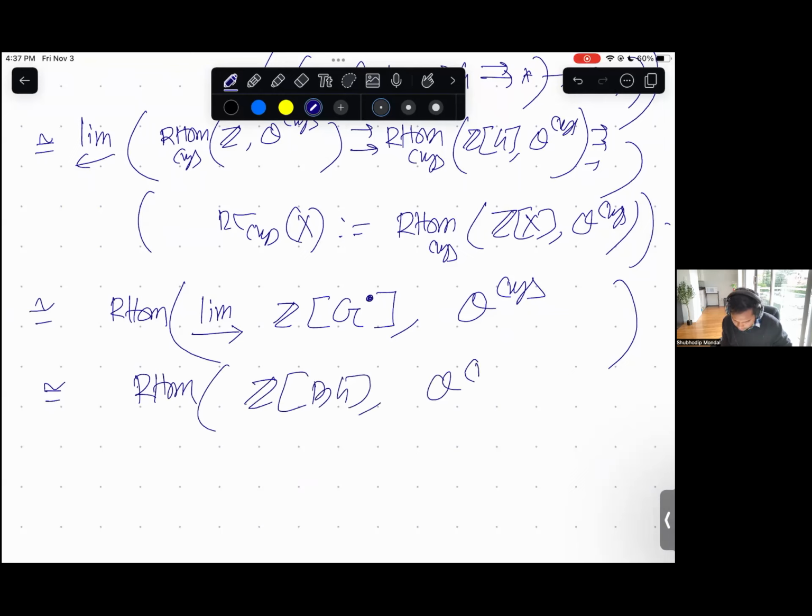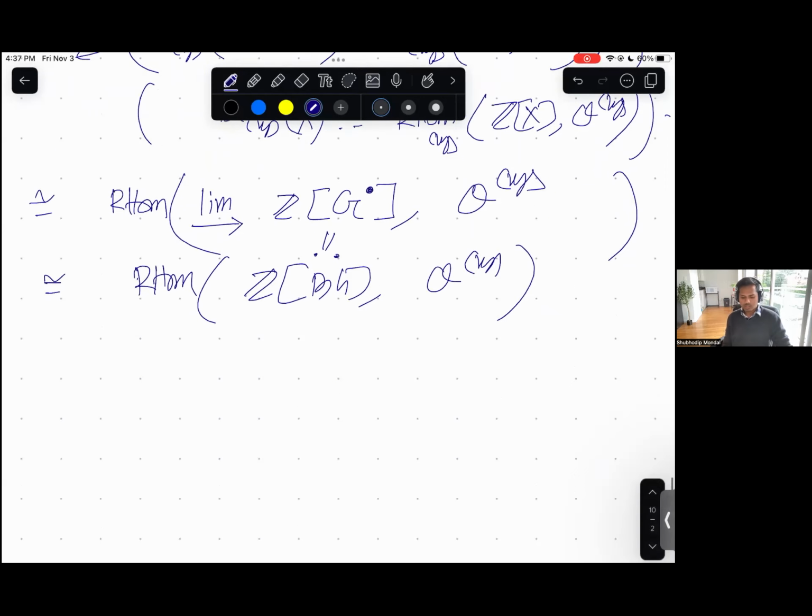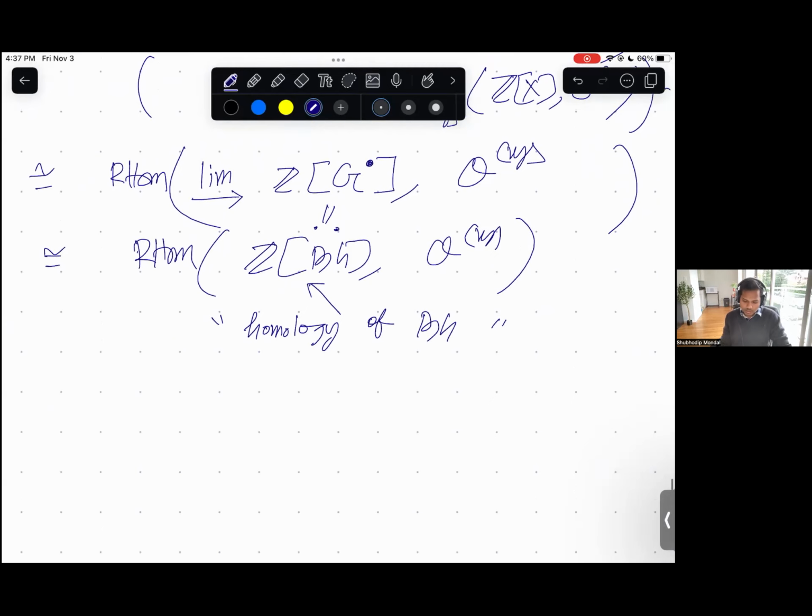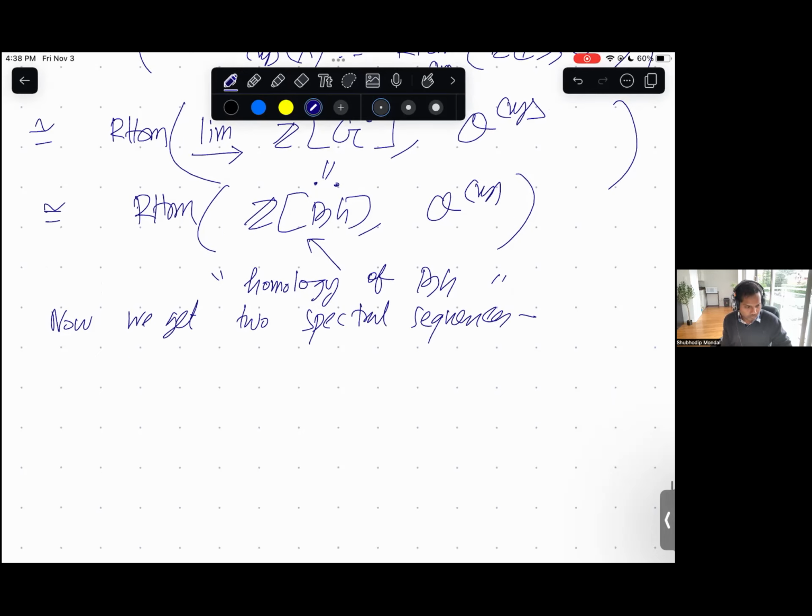Let me just rewrite this in this manner. So this is just a notation. Okay. So this actually gives some complex on the crystalline site, which we can naively think of as homology of BG. So now we get two spectral sequences. The first one is